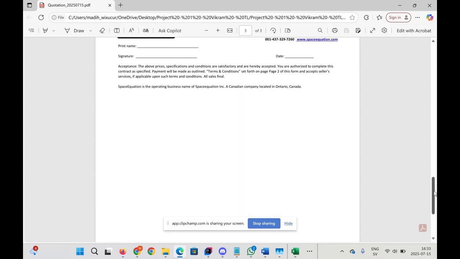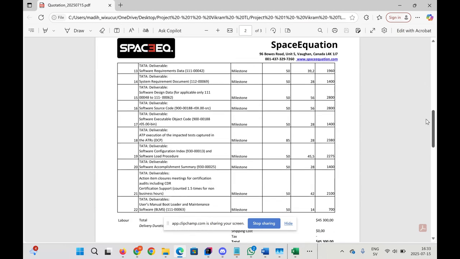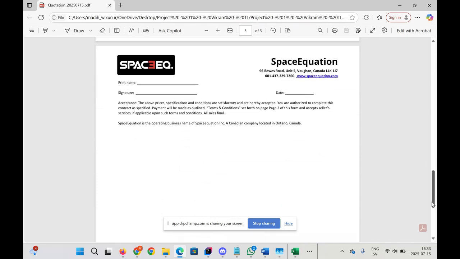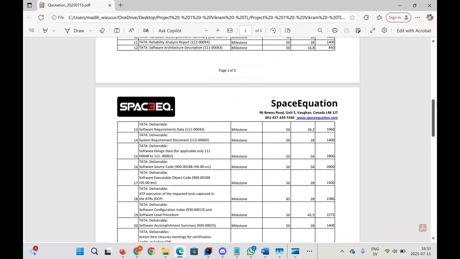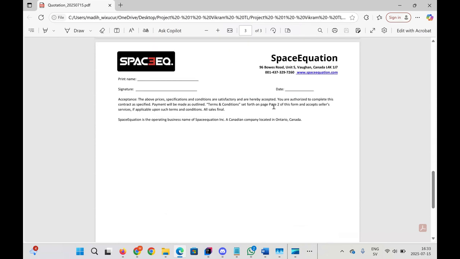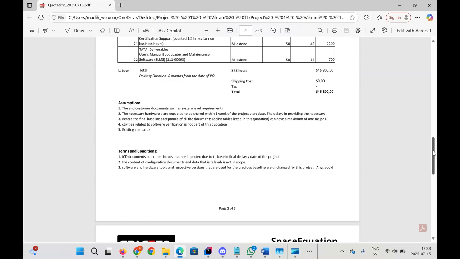And this is the PDF. Now you can see the page number is actually the total number of pages. I can show here: it is page 2 of 3, and here it is page 3 of 3. And now the terms and conditions are on page number 2. Okay, it's repeating. I will just fix it on page 2. So here the terms and conditions are on page 2.